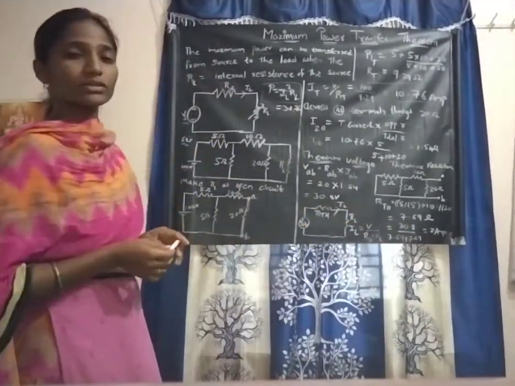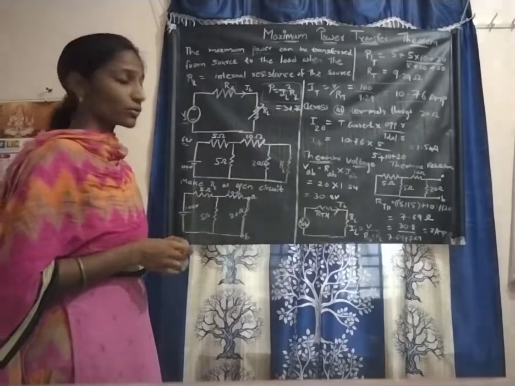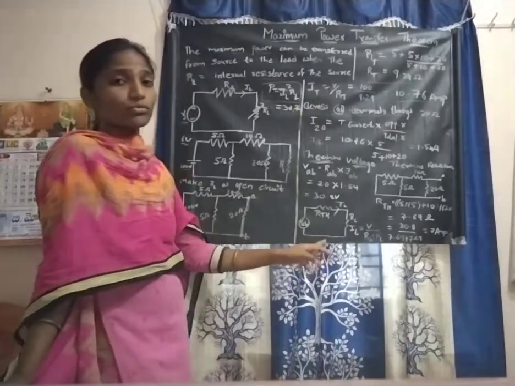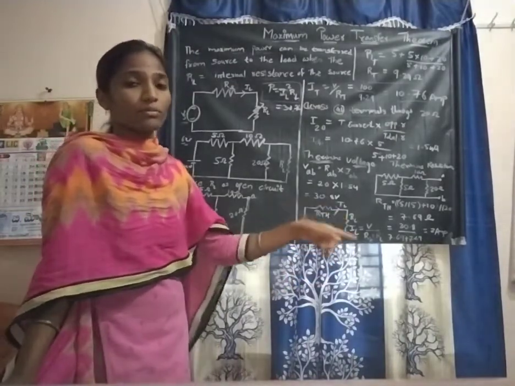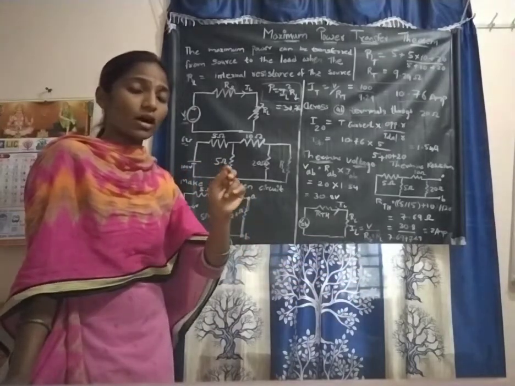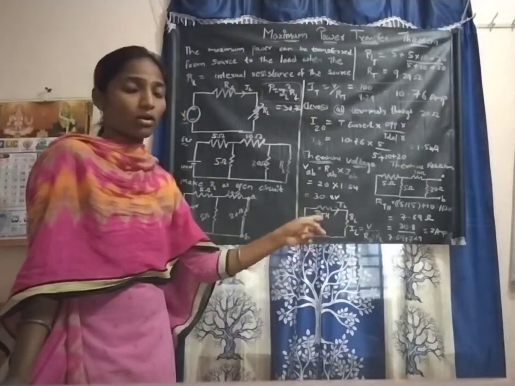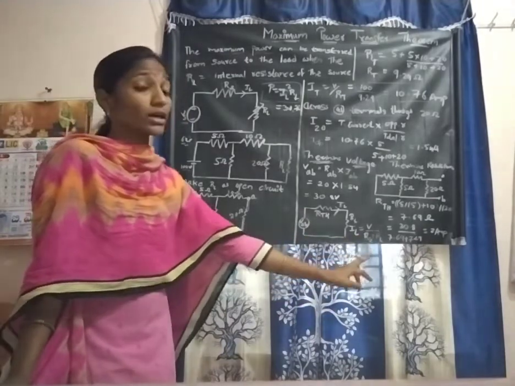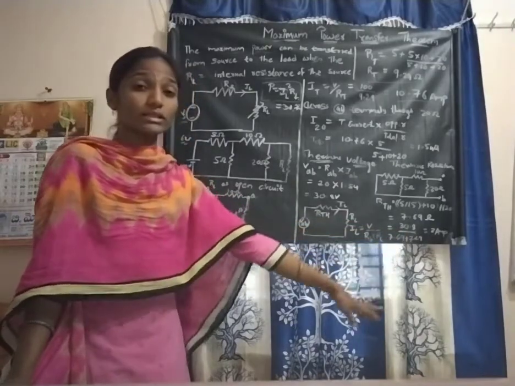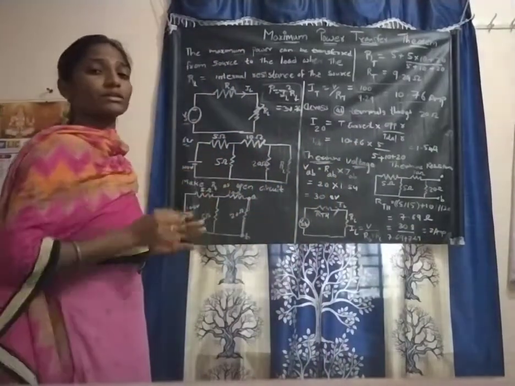Again, maximum power transfer states that the load resistance should be equal to the internal resistance of the circuit. So RL is also 7.69. To calculate the IL value in this circuit, we again use V by R. There are two resistances, RS or RTH and RL. So V by RS plus RL is equal to 30.8 volts divided by 7.69 plus 7.69, which leads us to 2 amperes.